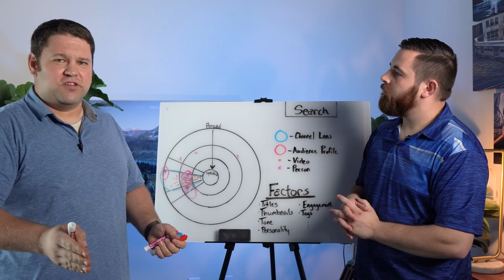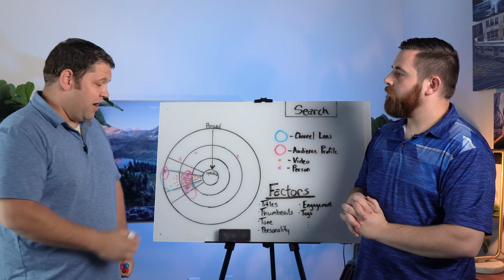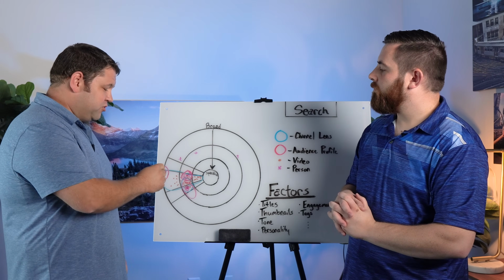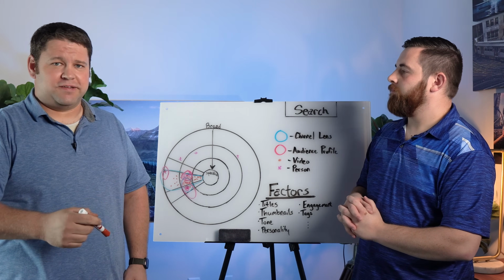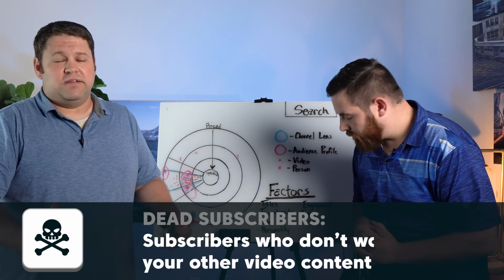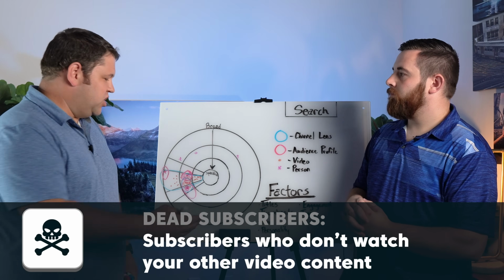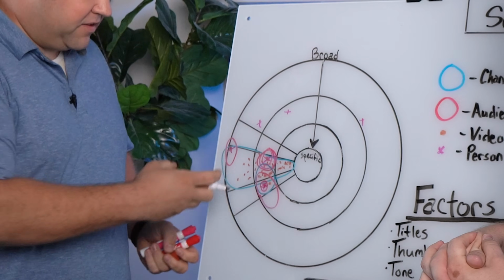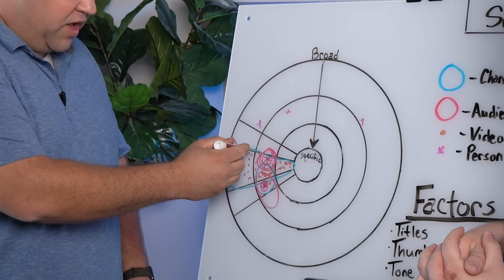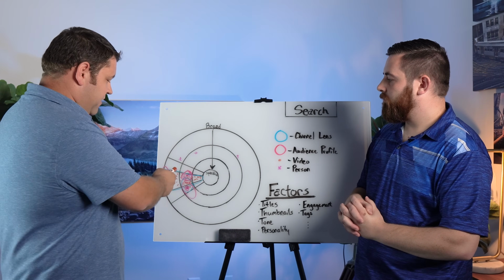That person who checks out the channel, they probably just don't even subscribe. The people who do subscribe from watching the viral video, because they're like, that was awesome, they subscribe, but they don't watch your other content. And so the audience profile stays right here and you end up with a bunch of dead subscribers who don't watch your other content. And so when you publish your next video, and that next video is somewhere in here, YouTube tries to show it to all these people, and those people don't care. So that video just dies.